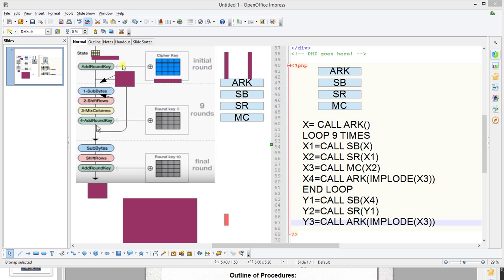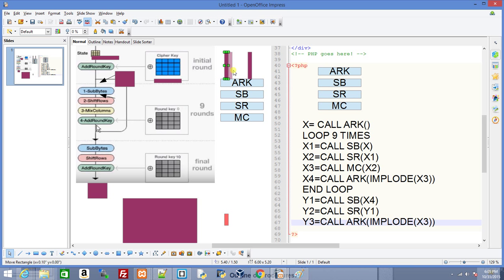And let's take a look at add round key. We've already looked at the code of add round key. So basically you have password going in to add round key, and it's in a string, and you have data that's also in a string. So these two strings are going into add round key, and out of add round key we use that dynamic. Remember the dynamic array to build an array to come out. So that array coming out is going into shift rows, and then from that point you can see